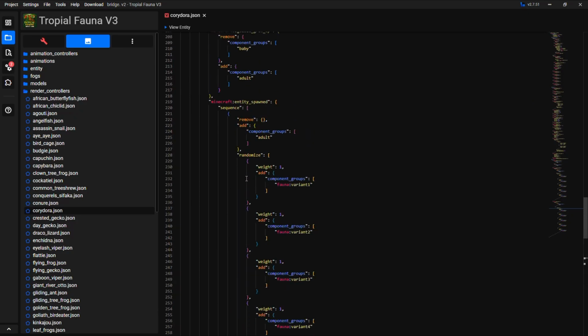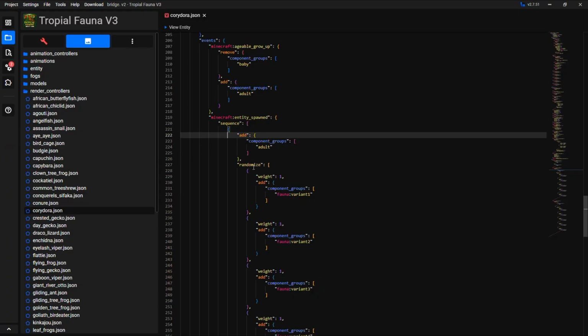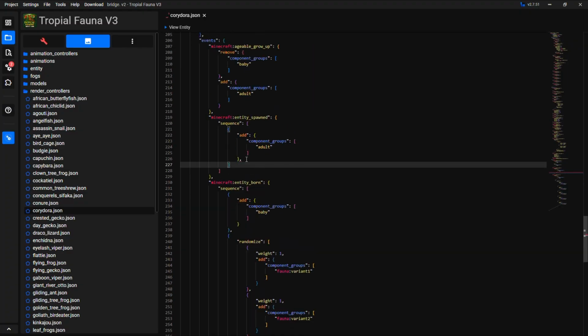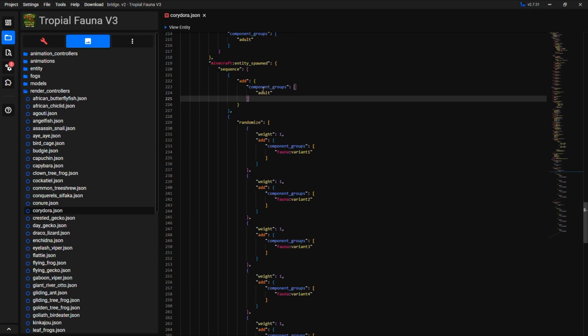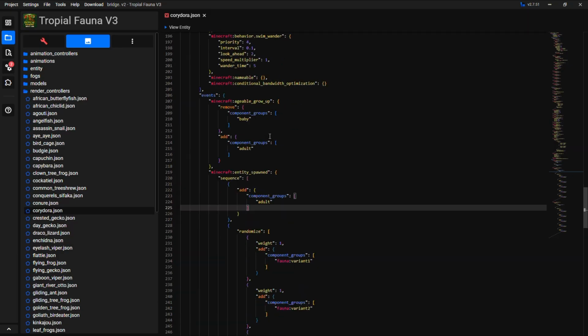Great. Now do you want to do the same for entity spawned? Actually, yeah. I'll make this incorrect, because this is from a while ago when I added this. So you want to do like you did before, like add, but instead you want to do adult. At spawn, actually, if you do spawn, you will want of course the sequence, but this time you want to do randomize here,